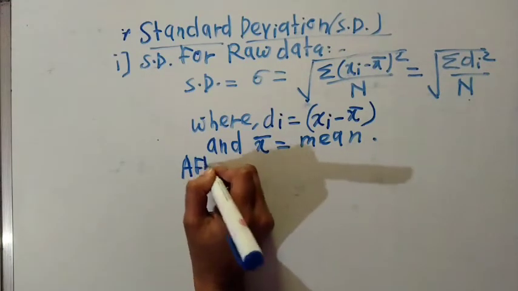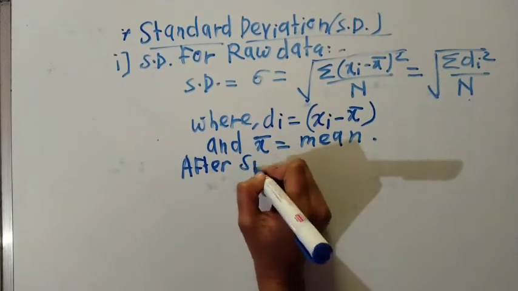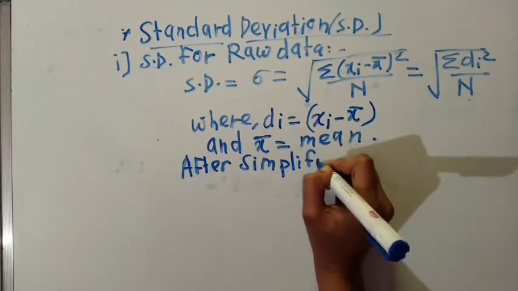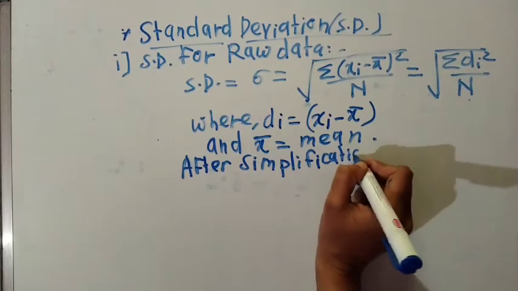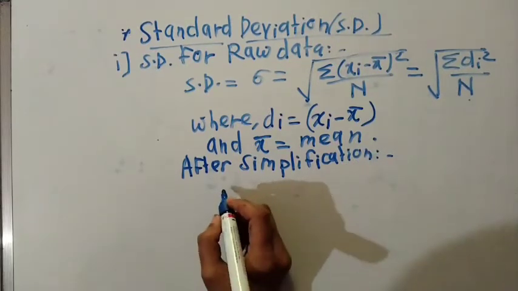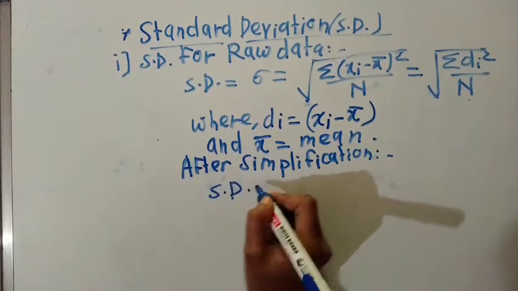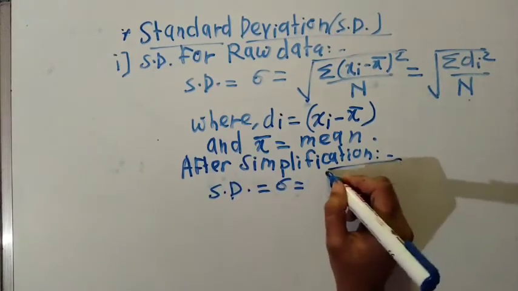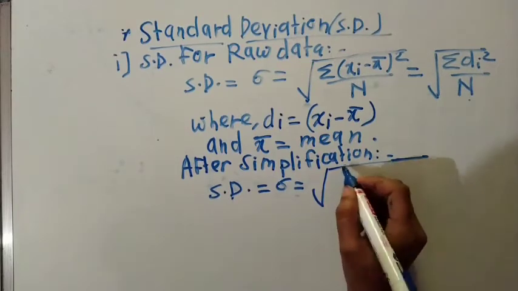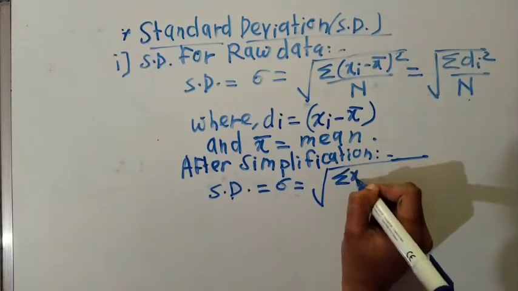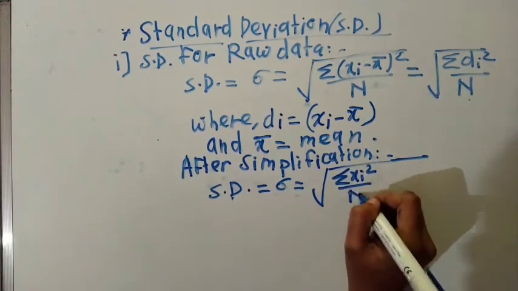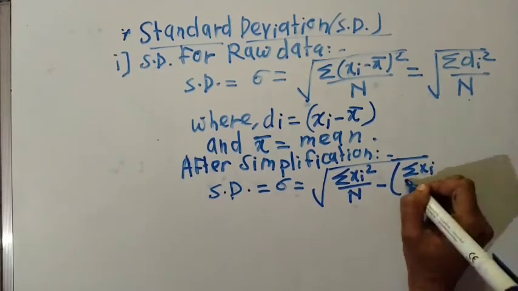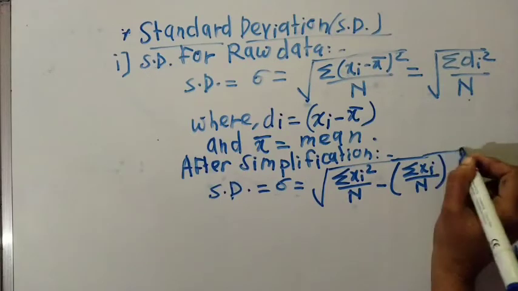Then after simplification, we find standard deviation is equal to sigma is equal to root of summation of xi square upon n minus summation of xi upon n, whole square,